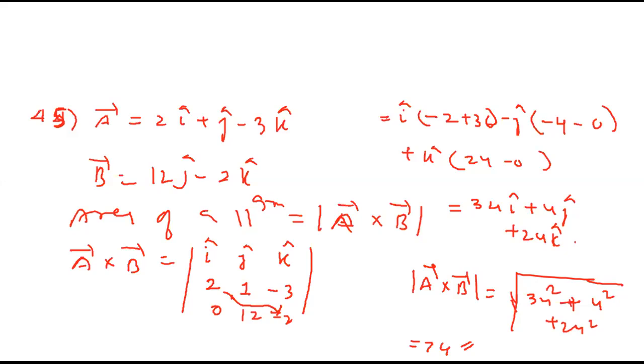Hello? Yes, sir. How much are you getting? 74? Yes, sir. So I didn't calculate it, because orally also you can check by logic. It can't be 43 or 53, so it has to be close to that. Let's go to the next sum.